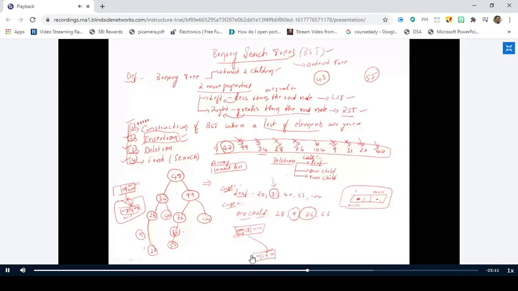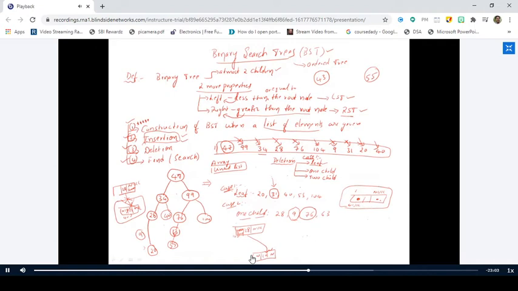Yeah, we don't need to consider the grandchild like that. We should identify that this particular node consists of only one child, and the process remains the same. You go to the parent node, and you change the address of the left part of the parent node, the 76 node, with the child node address.